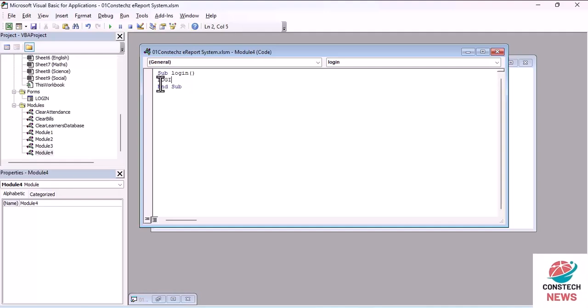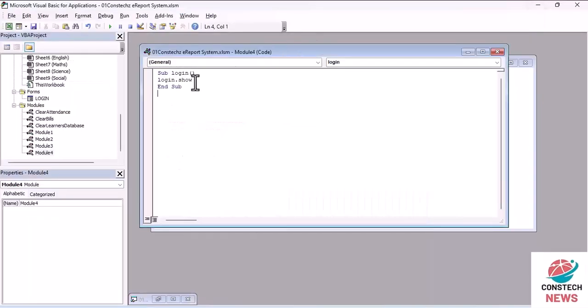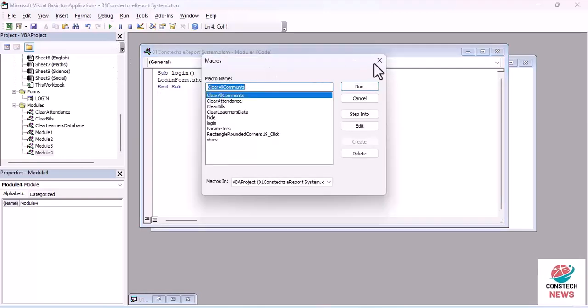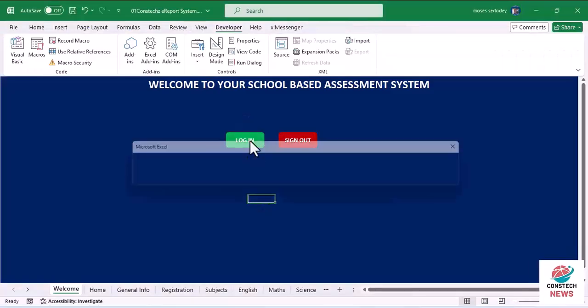Let me check something. LoginForm.show. You see something? Let's run this and see. Let's check something. Oh, it will not work. Okay, let's